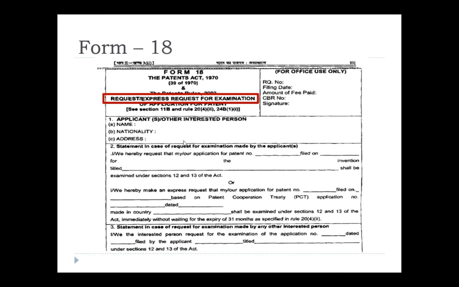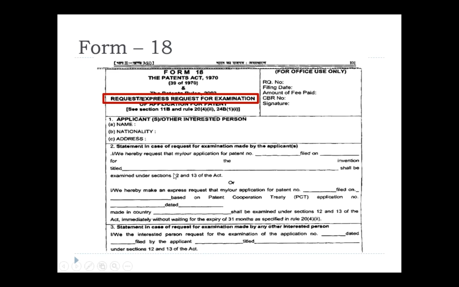Right, and this is applicable in recent times for women applicants also, but it has not been the case earlier. Now they have introduced this additional provision for women applicants also. They also can request the patent office to speed up the process.